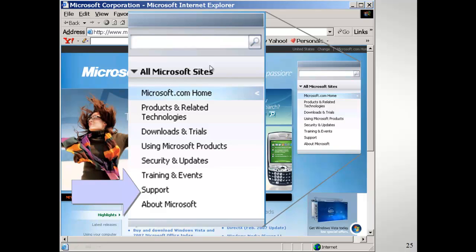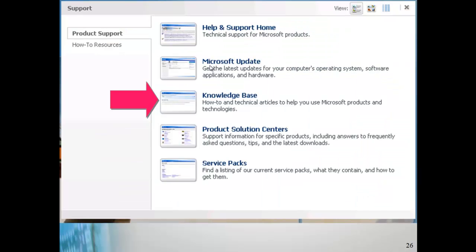For example, here is Microsoft's home page. In the upper right, there is a menu item that says All Microsoft Sites. We magnified it for you. If you click on Support, you are given a list of choice locations including Help and Support homepage, the Microsoft Update Center, a knowledge base of how-to articles, a Product Solutions Centers page where you can choose information about a specific product,